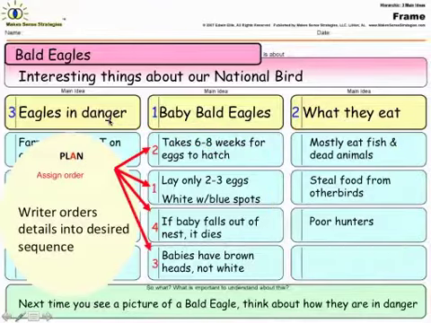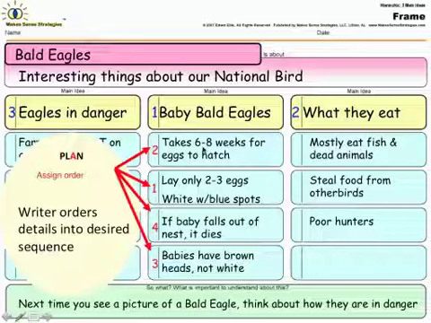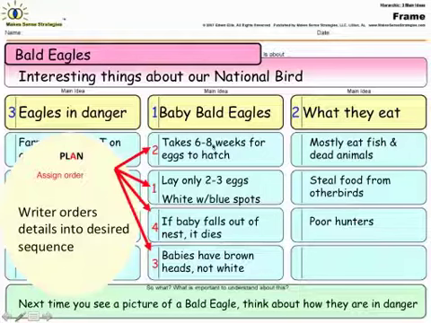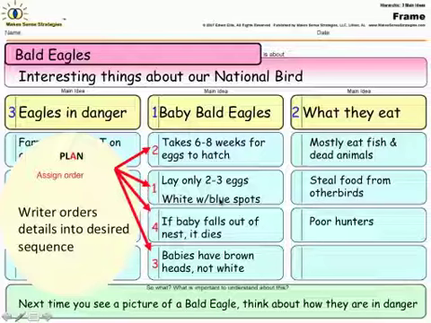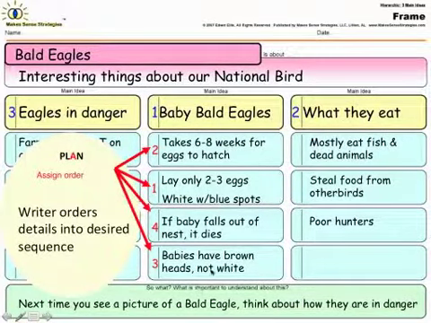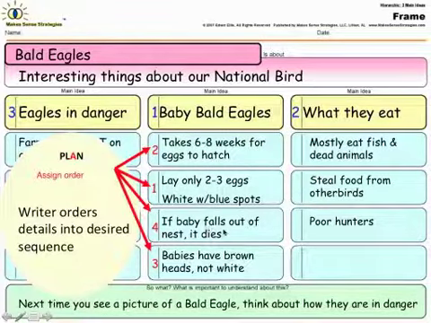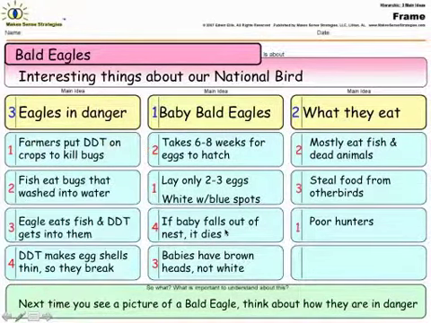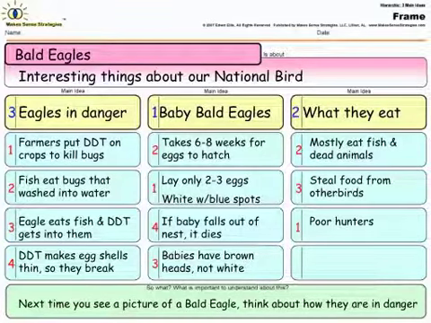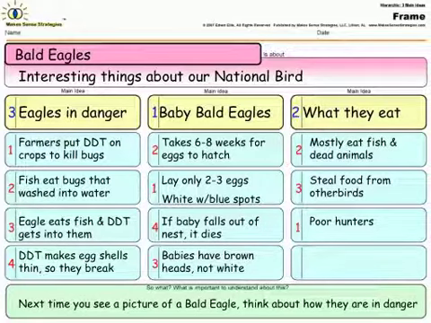Then what we're going to do is order the details. And because again, the first detail you think of isn't necessarily the best one to write about first. So in this case, how they lay only 2 or 3 eggs at a time, and the eggs are white with blue spots, and we'll write about that first, and then about how long it takes for them to hatch, and then that they have brown heads, not white ones, and then finally what happens if it falls out of the nest. And so what we'll do is we'll go through and order the details for each of the main ideas and so forth. And now what we've got is a completed smart visual that addresses the critical information that has the